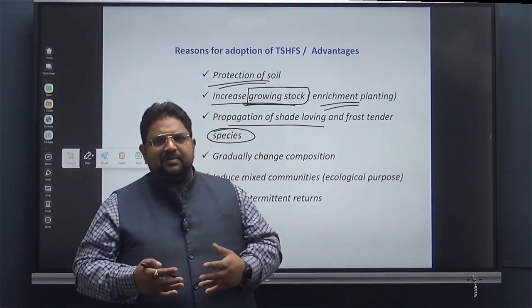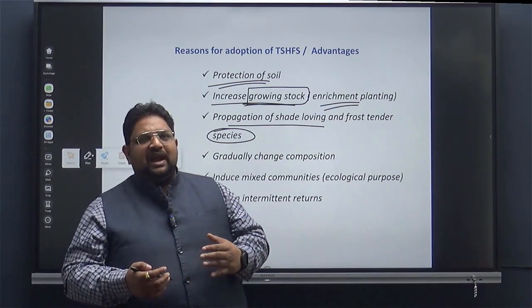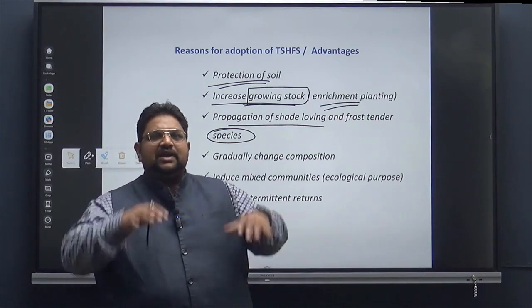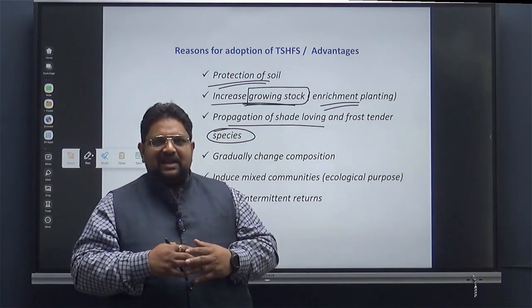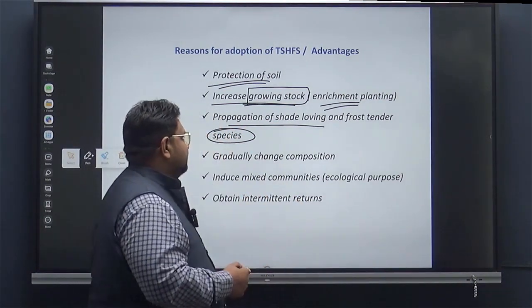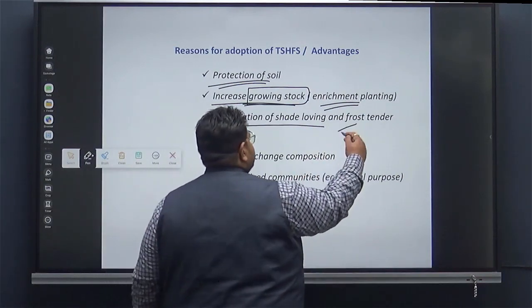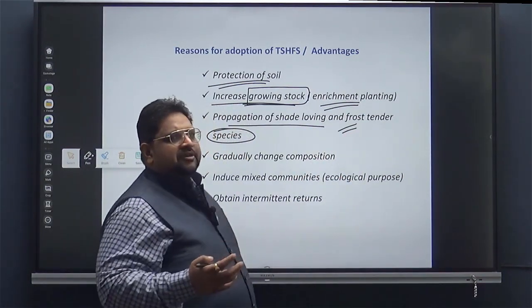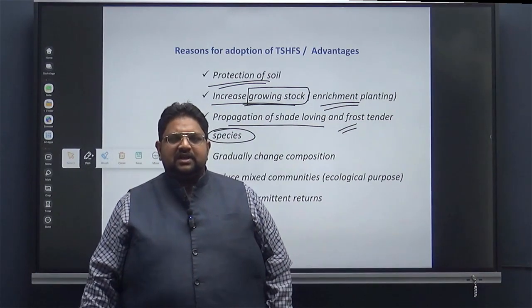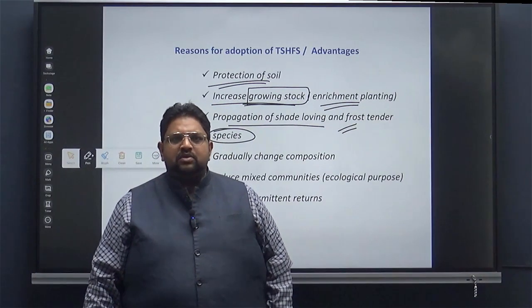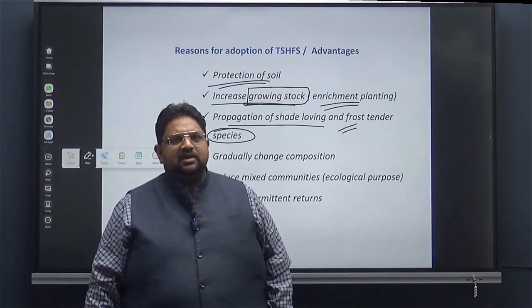Similarly, there are many species which are shade-loving, and in order to grow those shade-loving species, you need one top layer of canopy to protect them from sunlight, so as to propagate them. And those species which are frost tender are very sensitive to frost or low temperature. So in order to protect them from frost and snow, you will be growing some of the trees in